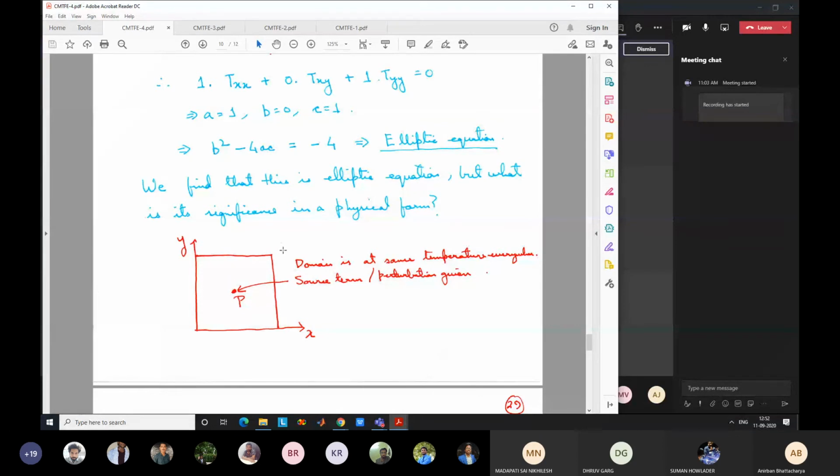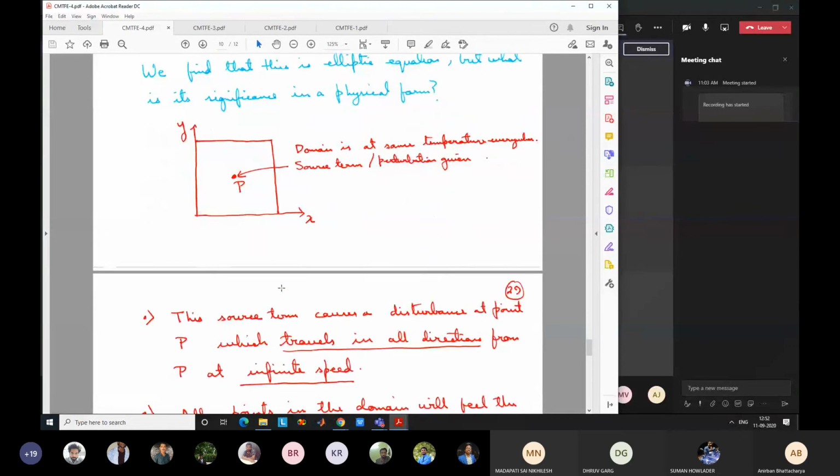The information has traveled, that some changes occurred, but the actual heat is taking some time to reach there. Okay, that is the thing. So here the information that some perturbation has occurred for an elliptic equation should instantly change all the other values. So that's why in a steady state problem we have a single solution, right? If there is a source term, the solution is different. If the source term is different, we have another set of solutions for the steady state problem, because a change at this point should alter the values at all the other points.